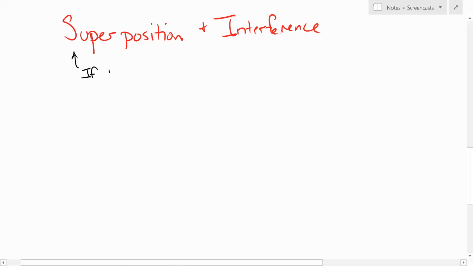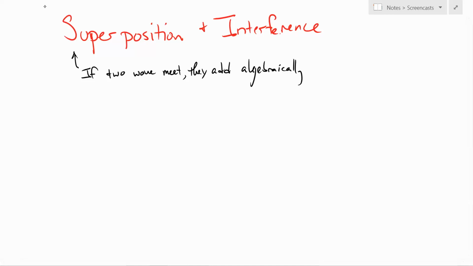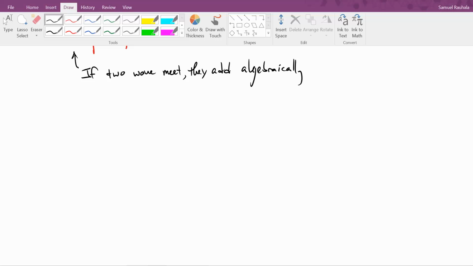if two waves meet, they add algebraically. I think this is actually literally what your book says superposition is. Interference is then the result of superposition. It is what happens if I got,